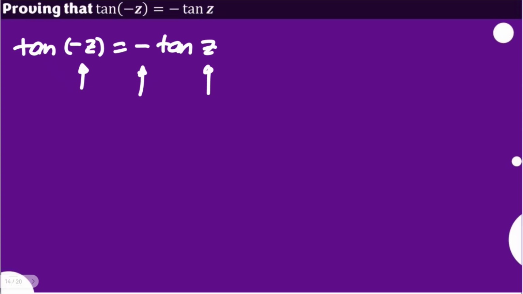This is still the same as the identity that we can have in our real number system using theta. The tangent of negative theta is equal to the negative of tangent of theta. Okay, this is under the real number system when we use theta as an angle. But this time, we have here the same form but on complex numbers.